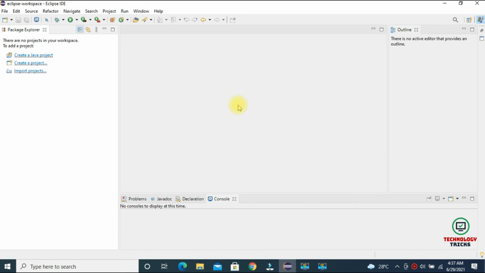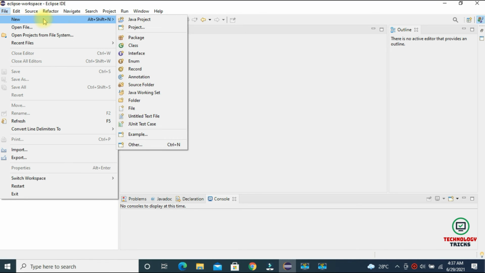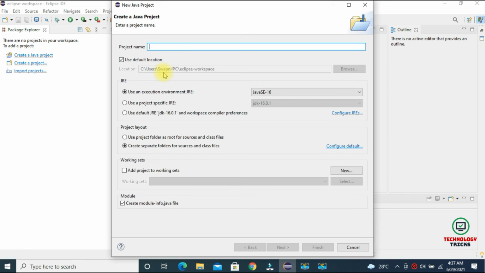So we are going to create a simple Java class. Alright, so just click on File and click New, then select Java Project because I'm going to create a Java project. Just click on that. Just name your project, it's HelloWorld.